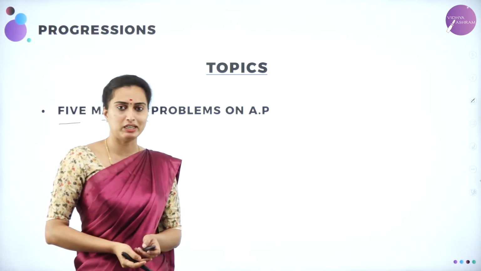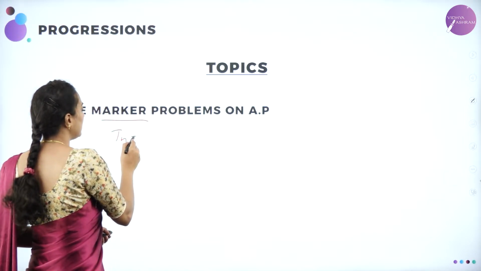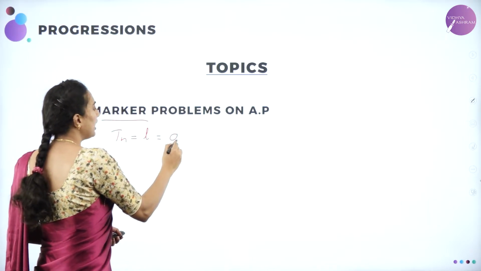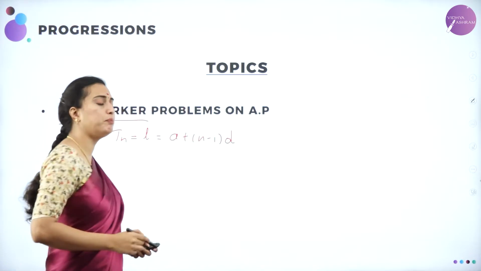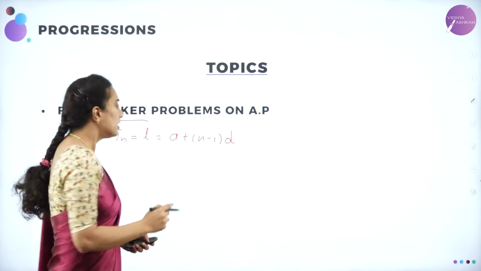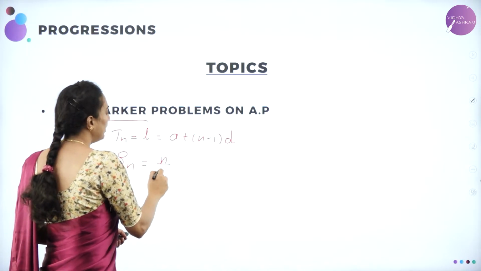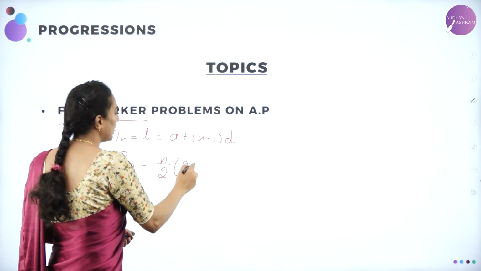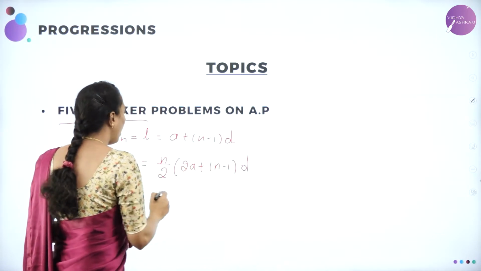AP means arithmetic progression. You know the formula of nth term is given by Tn is equal to, or L is equal to, a plus n minus 1 into d, where a is the first term of an AP, d is the common difference and n is the number of terms. Similarly, sum to n terms of an AP is denoted by Sn. It is given by the formula n by 2 into 2a plus n minus 1 into d, or you are going to write it as,